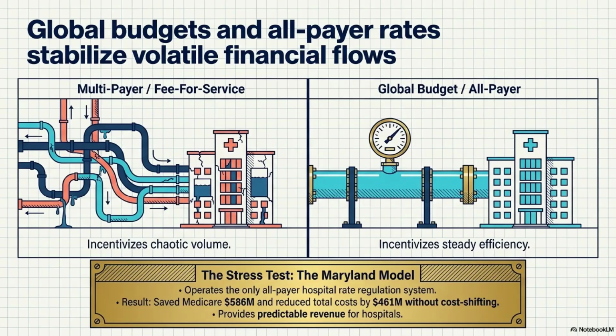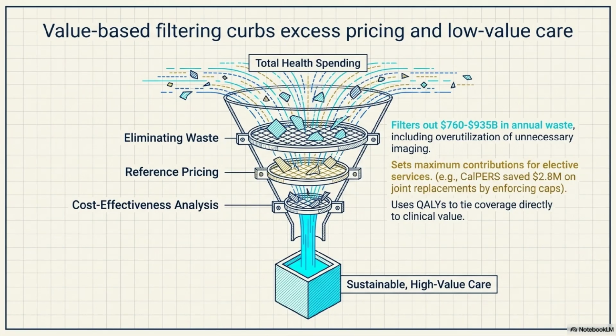Payment models matter just as much as coverage models. Multi-payer fee-for-service systems create fragmented incentives, while global budget and all-payer models offer more stability and efficiency. Maryland's all-payer model stands out as a successful real-world example of this approach in action. Cost control also depends on filtering out low-value spending. Picture a funnel. Total health spending passes through stages that eliminate waste, apply reference pricing, and evaluate cost-effectiveness, ultimately arriving